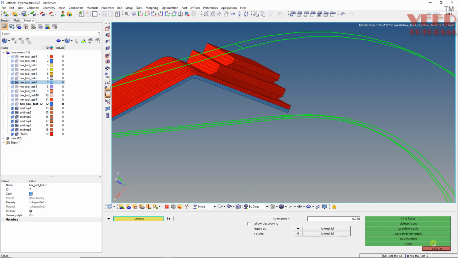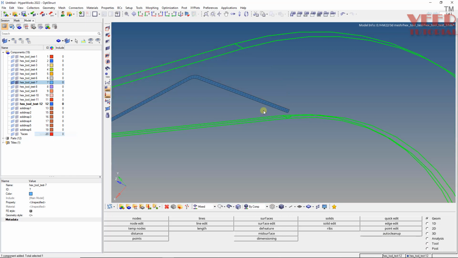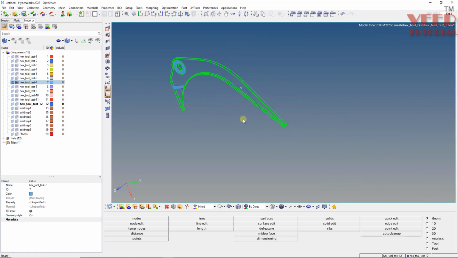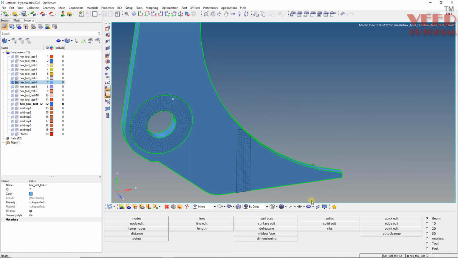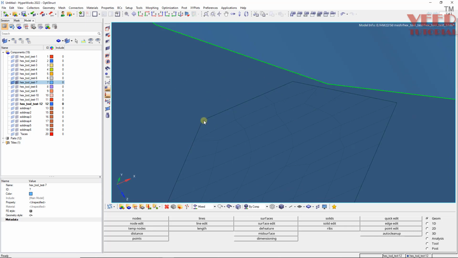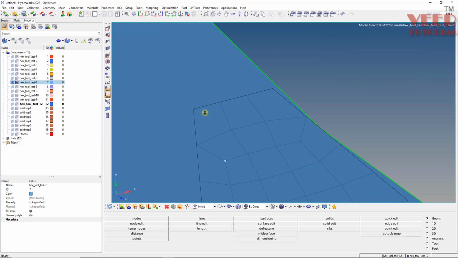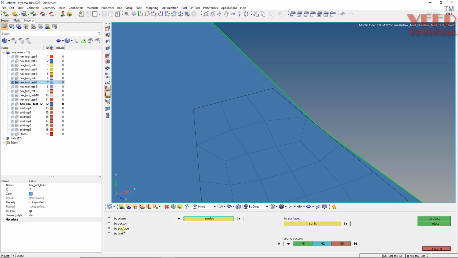So I will go to return and right click this 7 number, isolate only, and I will show shaded view. In this case we have to take projection of this part. One more thing you will see here is that there is a little bit of gap between this part and this plate. To check the gap, what we can do is Shift plus F7, project to surface, direction normal,